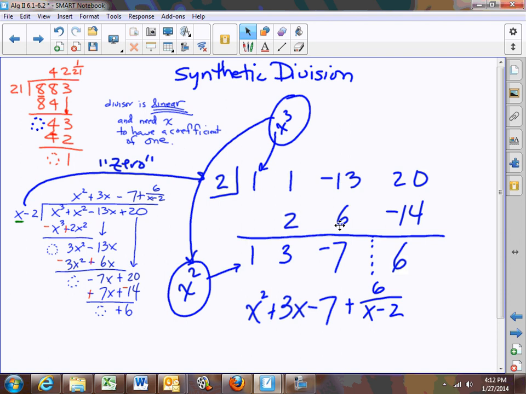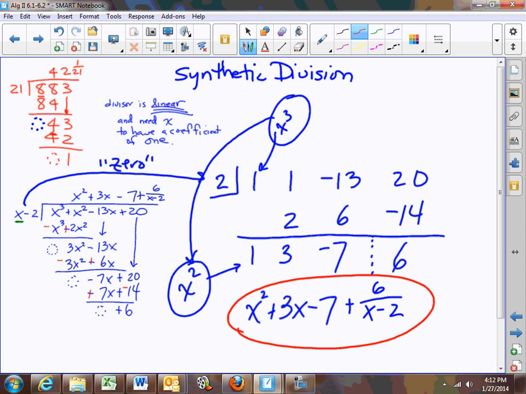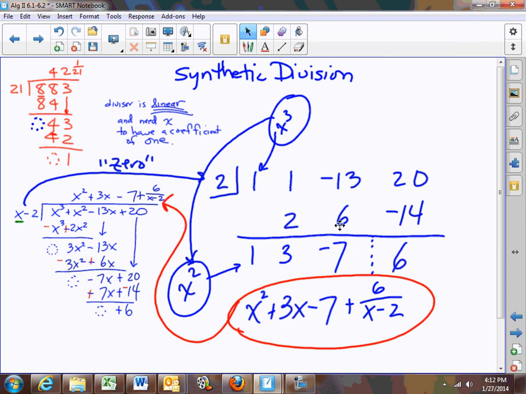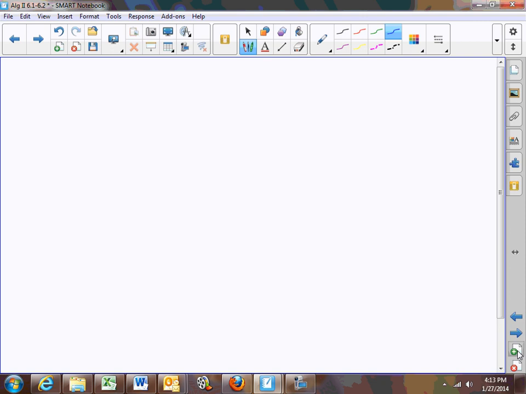Now, that was really pretty easy, and look at this. Compare it to this. Now, is that not cool? Now, you can't do that unless you have a linear divisor and unless you have a coefficient of 1 in front of the x squared. Now, let's go ahead and do one problem with synthetic division where we don't start with a 1 in front of the x. So let's try